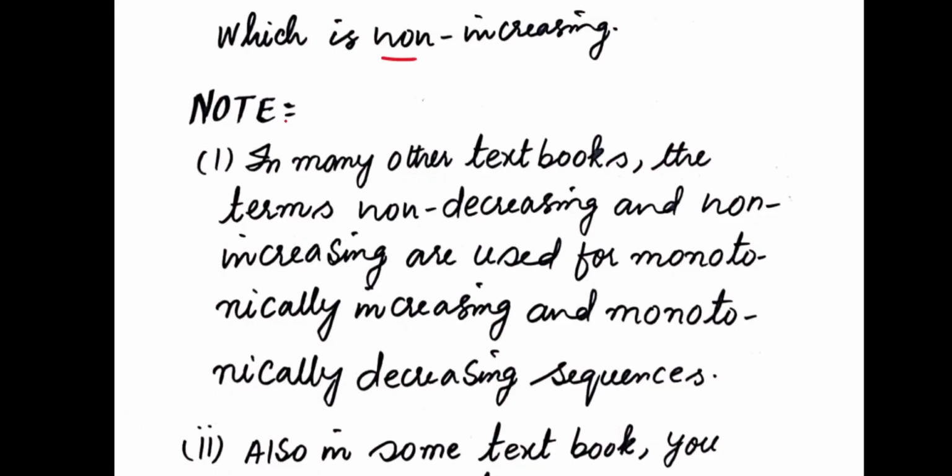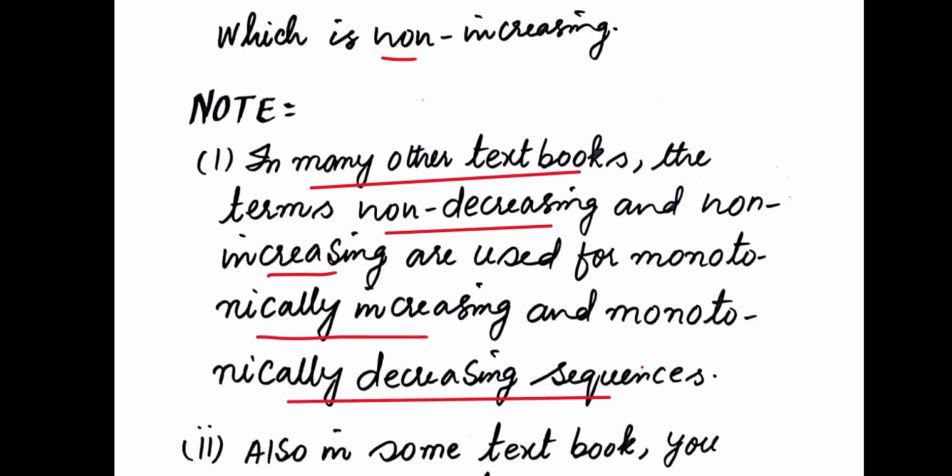Here you may find some terminologies in other textbooks. I have seen in many textbooks the terms non-decreasing and non-increasing used for monotonically increasing and monotonically decreasing sequence respectively. Although Walter Rudin did not use this terminology, he just used monotonically increasing and monotonically decreasing sequence. But in many textbooks, you may find the non-decreasing sequence is actually monotonically increasing, and the non-increasing sequence is represented